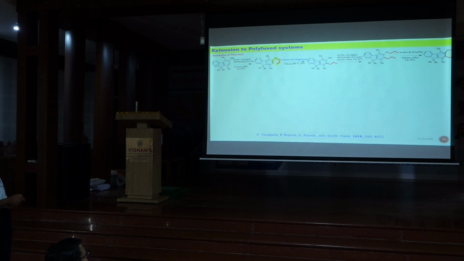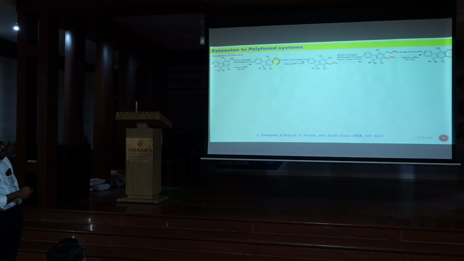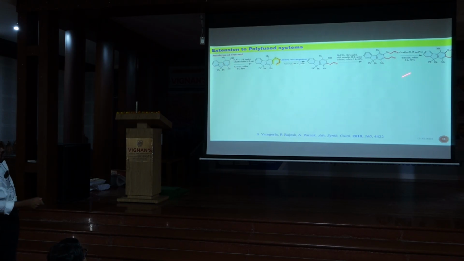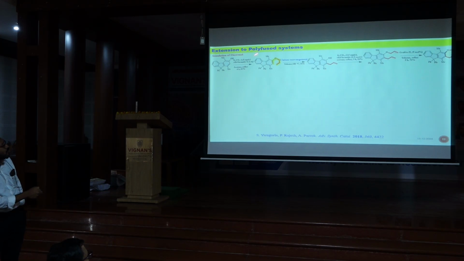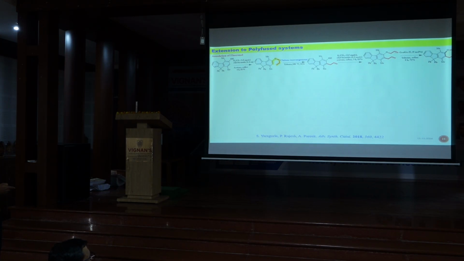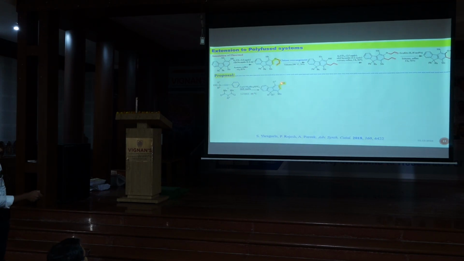Now what we observed is, as for showing synthetic application, this is all right, but we were not happy. The reason was the tricyclic scaffold was synthesized in a single pot. Just to add one extra ring, we are doing 1, 2, 3, 4 additional steps. So then we revisited our strategy. Our starting material was, we were just taking this and making the fluorenol.